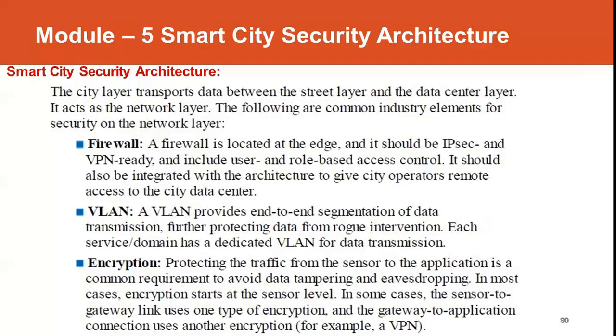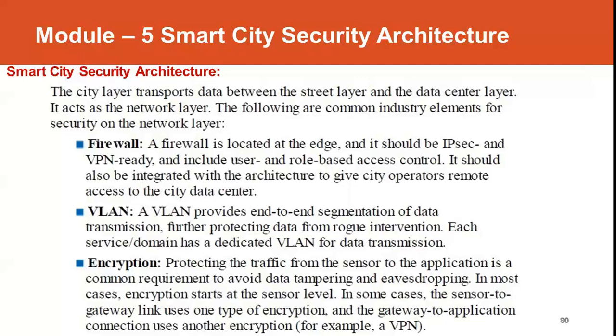Then we have virtual LANs. VLANs provide end-to-end segmentation of data transmission, further protecting the data from illegal interventions. Each domain has to have dedicated VLANs for data transmissions.